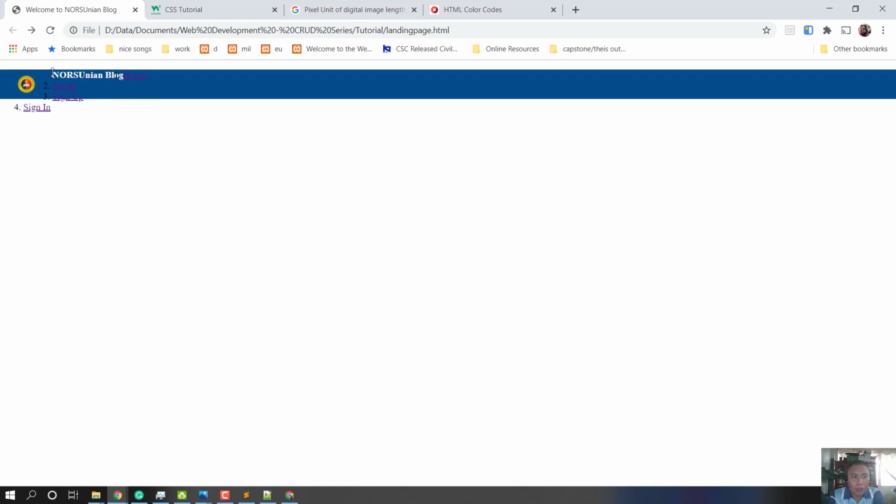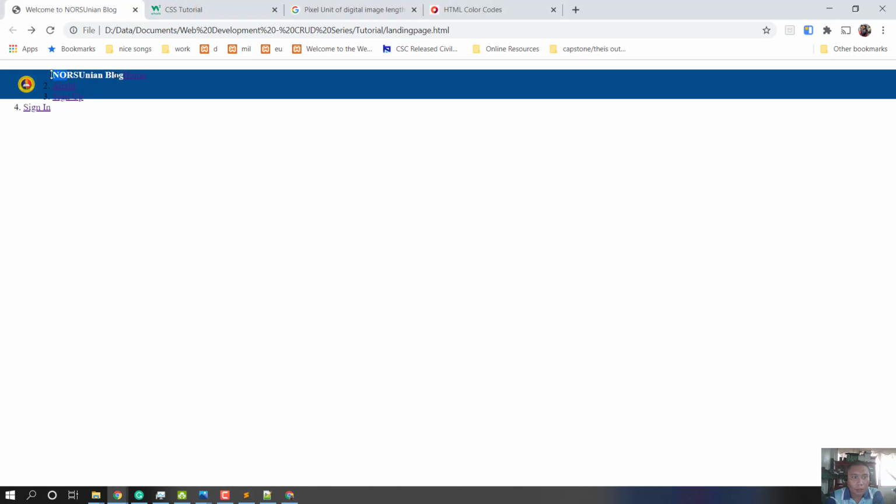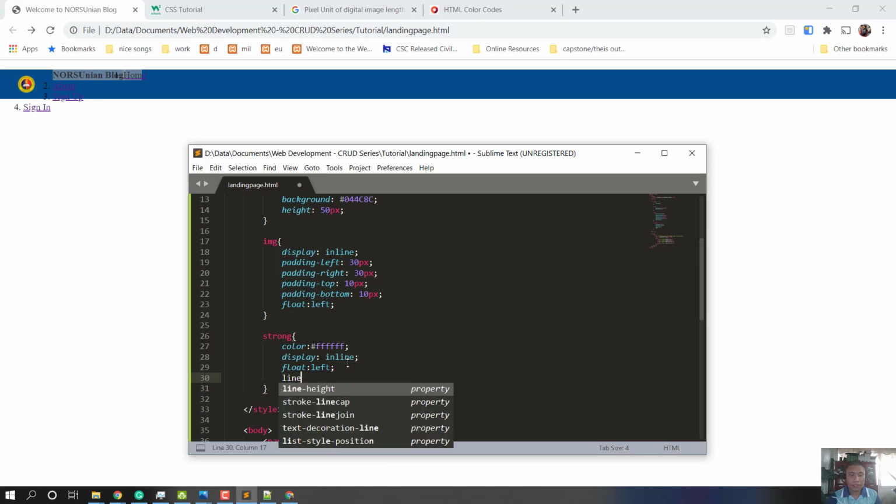So, all we need to do, since wala pa mo na change na to ni, now we want it that this Norsu block should be in the center. So, ato ra siyang i-disregard ng na-space dira og nag-overlap siya. So, all we need to do is to add line height. It is where which is a height of a text. So, karon ato siyang i-manipulate for this strong tag line height. I will just put a value of